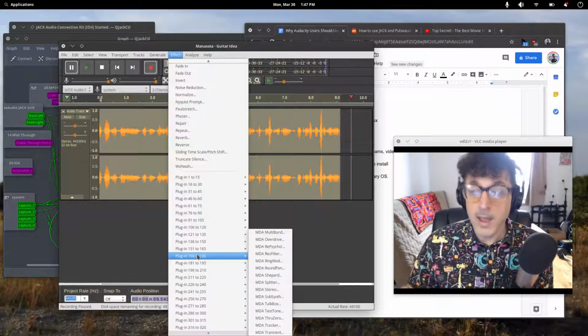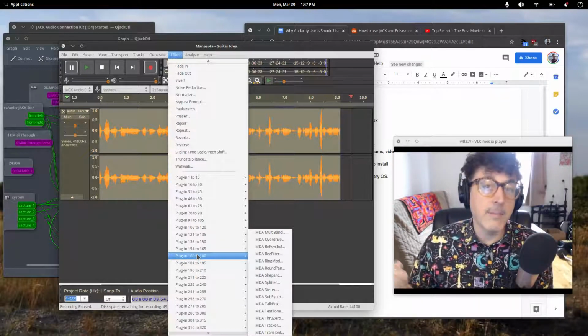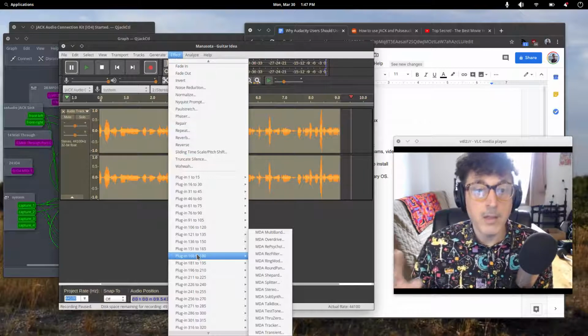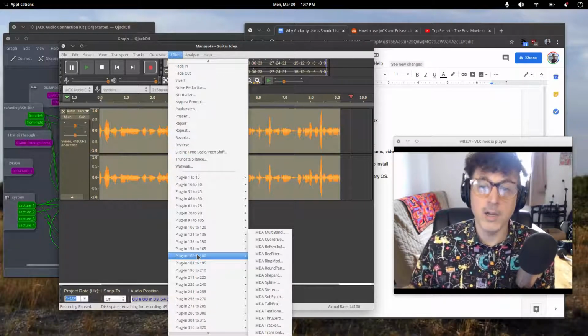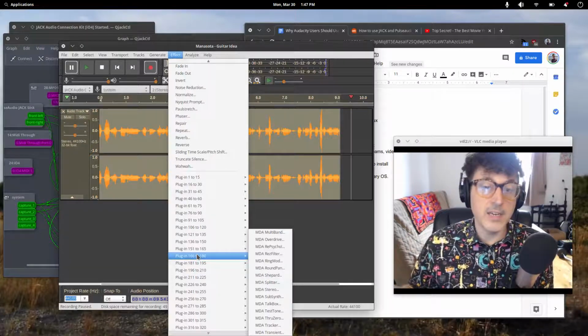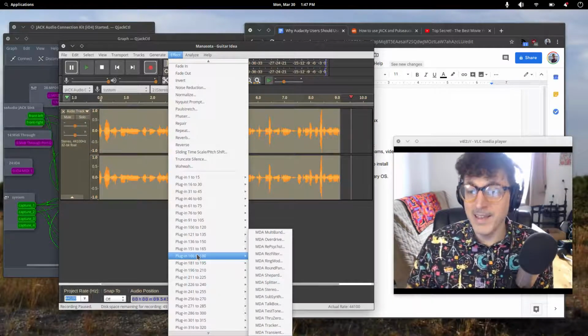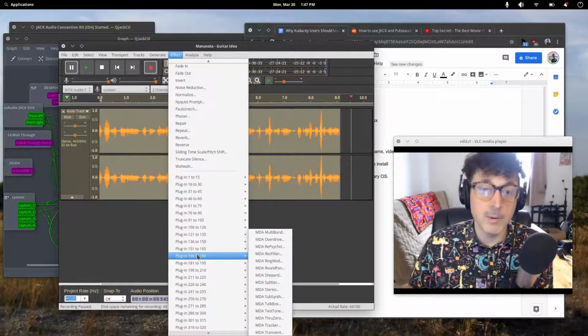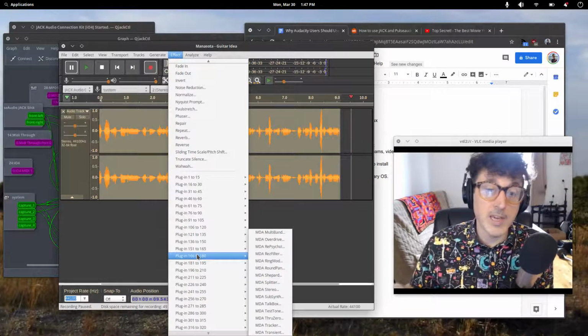Now, again, is this for everybody? I'm not really sure, probably not, because it may be a little bit too nerdy and a little bit too much technical stuff going on for some users out there that are not interested in doing that stuff. They just want it to work. But if you aren't afraid to tinker a little bit, and right now, believe me, we all have the time to mess around with stuff. So if you've never tried Linux before, right now might be a great time to try it.